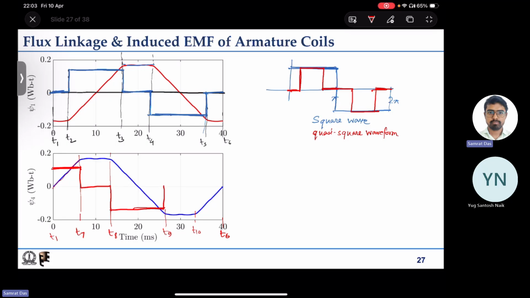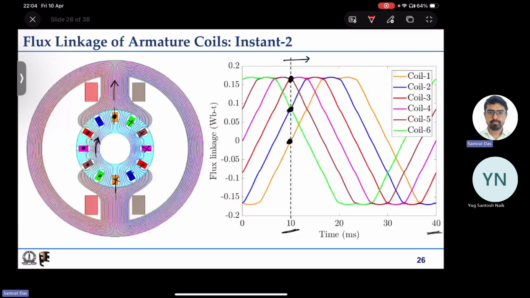T9 to T10 it is at 0, and again T10 to T6 this is again a positive value. So if you compare these two waveforms, you'll be able to see that these are just shifted versions of each other. So the flux linkage is because the different coils are actually shifted in space with respect to each other, so the flux linking them are also shifted, as you can see in this waveform. These two, the pink and red one, they are simply shifted